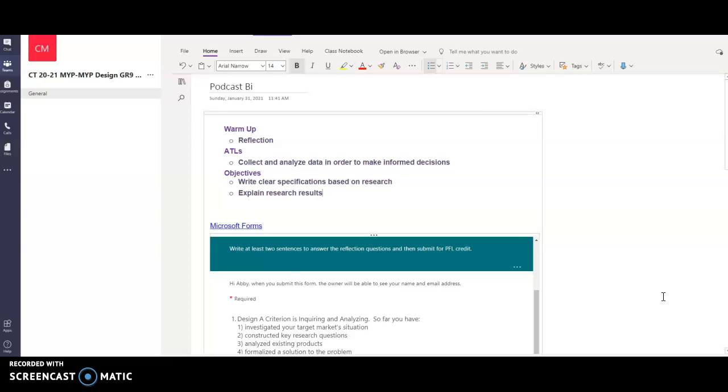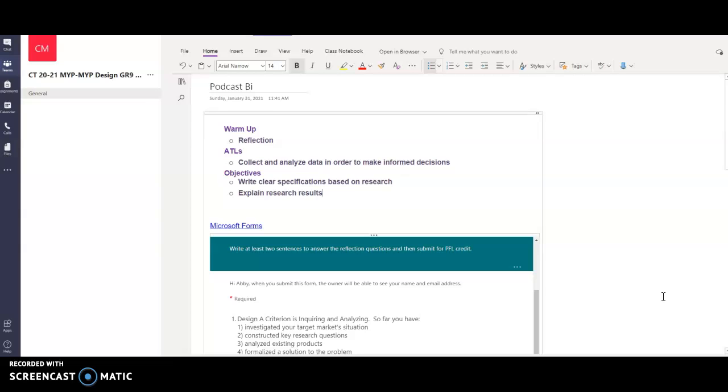Now, beyond stating the research, you're also going to add that why portion. And I'll go over that in our next video. The next objective is that you need to be able to explain the research results, which is what I just talked about. Why? Use words to put those thoughts down onto the paper, okay? Very clearly. I'm not asking you for more than one sentence on it, but think about using clear words that are very exact, very concise, all right?